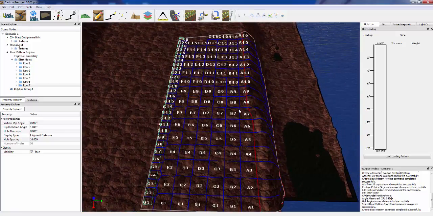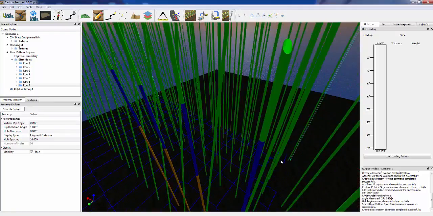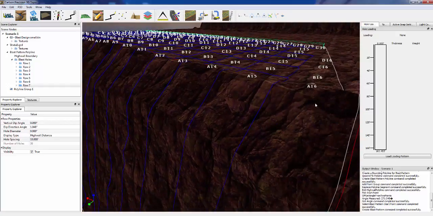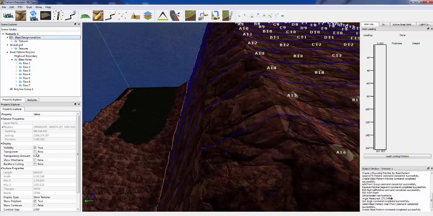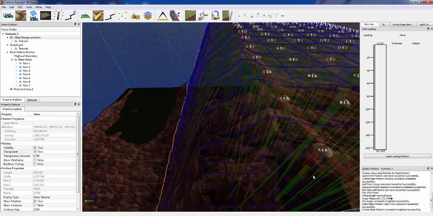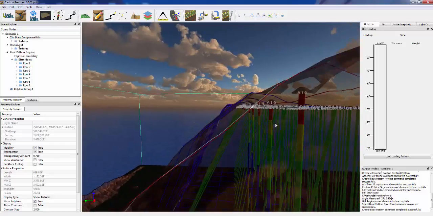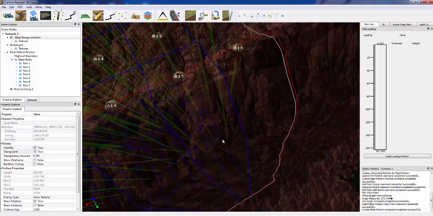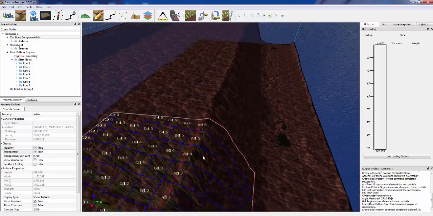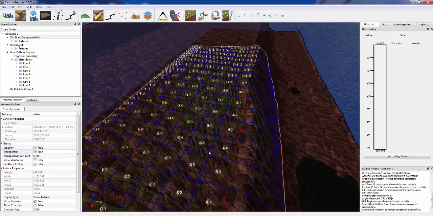We do have a few other tools that are kind of nifty. So I mentioned that we had some red going on over here. I can also take this top surface and make it transparent, which allows you to see that these holes, A16 and A15, are a little bit too close. Well, they're actually inside of the high wall. And if you've gone to the effort of identifying and drawing out your nice high wall that you want your drill pattern to follow,